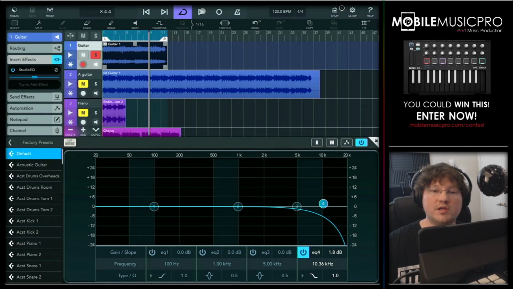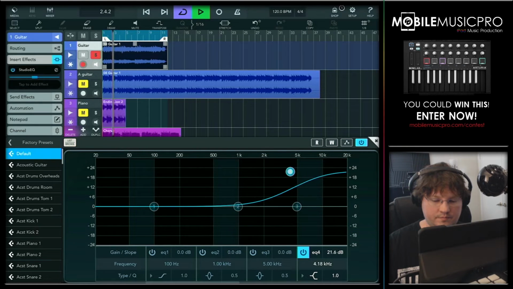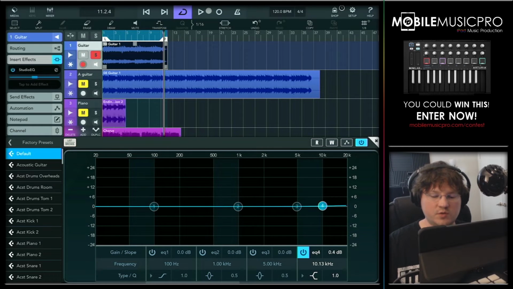So as you can hear, what we did there is started cutting some of the highs. Now let's go ahead and boost some of the highs. So we'll go back and change our filter, and let's hit play. Alright, perfect. As you can see, we were boosting the highs there all the way from the 1 kilohertz to